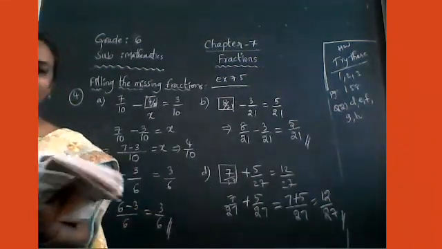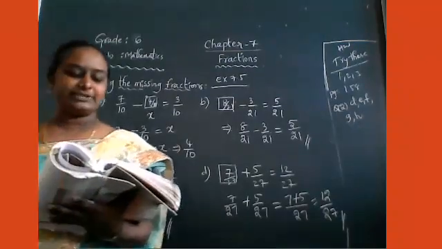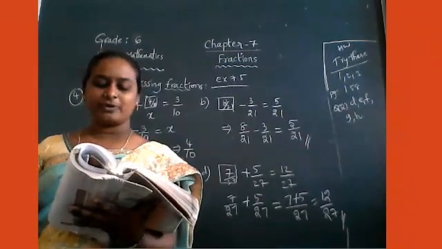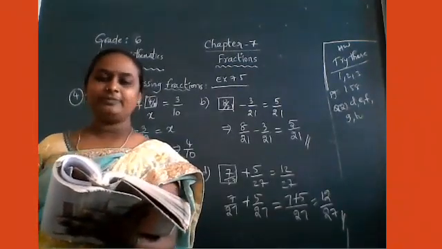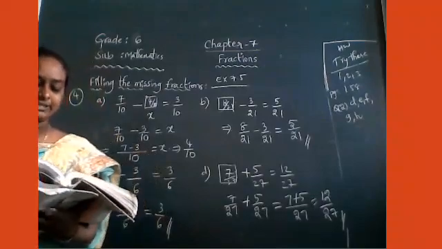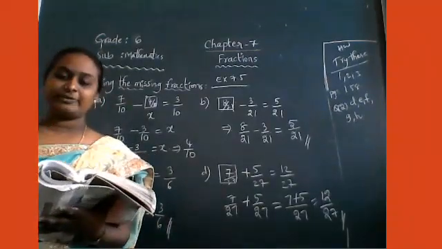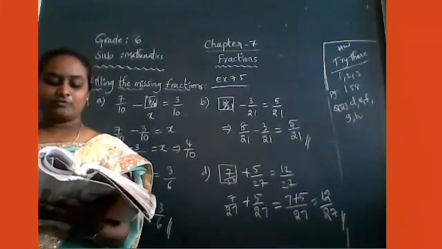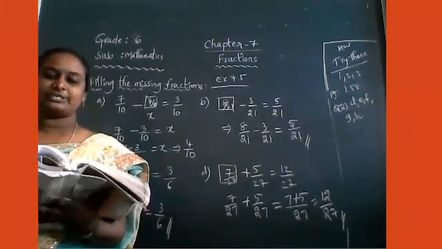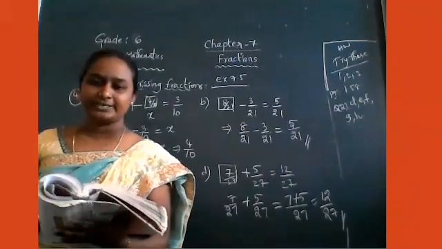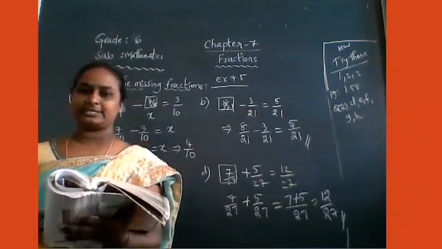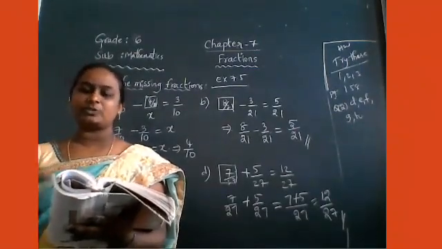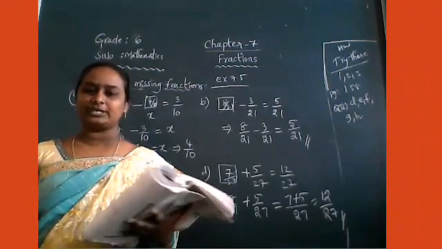Right, last problem, the fifth one. Javed was given 5 by 7 of a basket of oranges. What fraction of oranges was left in the basket? So look here, Javed was given 5 by 7 of a basket of oranges. What fraction of oranges was left in the basket? Remaining, how many oranges were left in the basket? Do you know how many oranges are there? No. So then you have to consider, suppose, 1. In the basket, the total amount is 1 part.